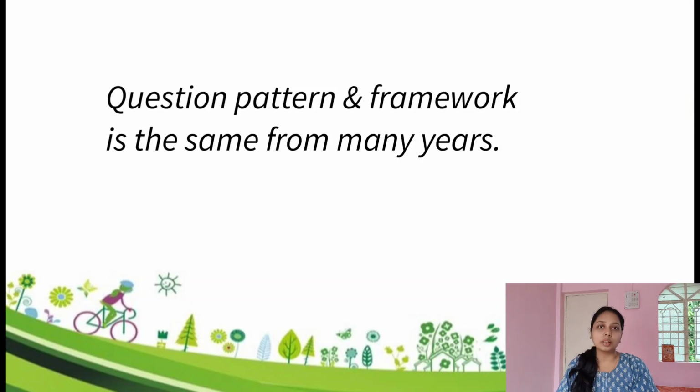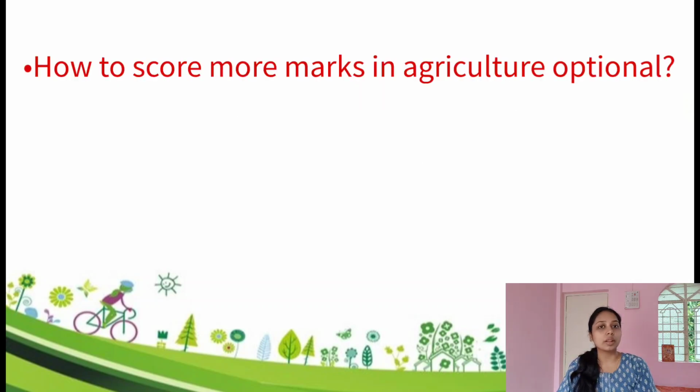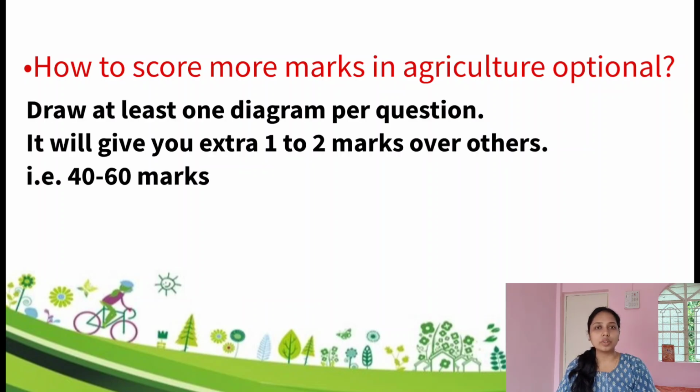First of all, in agriculture optional, to get very good marks, the key point is that in every question you can draw a diagram. One diagram is equal to 1 mark, and you know how 1 mark costs us a whole year. So if you write an example, a definition, or an explanation of any cycle, like the grape cycle in biology or biotechnology, or on the horticultural side if you are explaining pruning and training, you just simply draw the diagram. Even if you don't have a good explanation, if you have a clean and neat diagram, you will get a good mark, like 2 to 3 marks also.